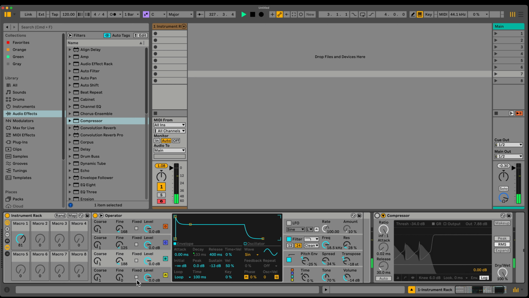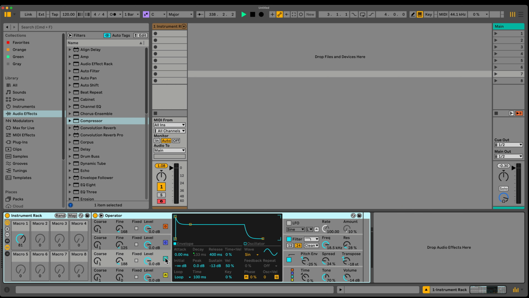Versus with it off, you can hear that it's actually getting louder, and it's happening quite a bit slower. I would almost say that sort of hi-hat-ish sound you're hearing may be more the compressor than the operator. Anyway, the point is